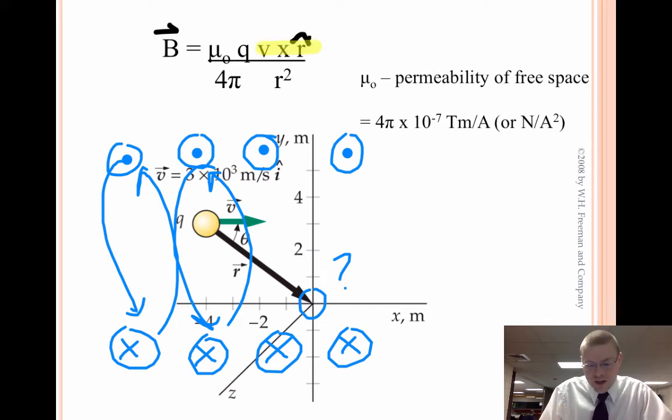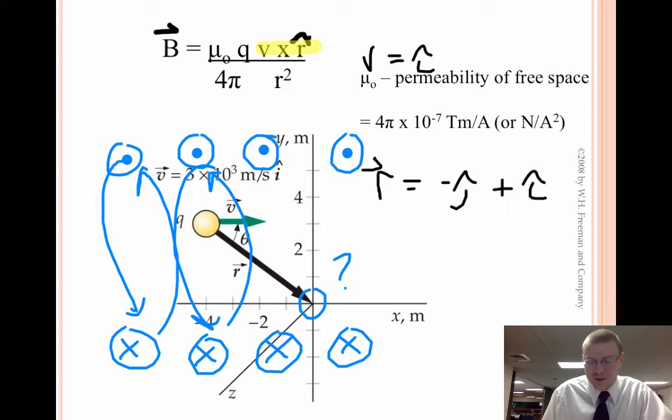The velocity is in the I direction, and the position vector is in the negative J and positive I direction. Well, we already know that I cross I is going to give you nothing, so it's I cross negative J. And you see at this location, the magnetic field's pointing in the negative K, into the page. So to solve for magnetic field strength, I just have to put in my charge, my velocity, and the distance